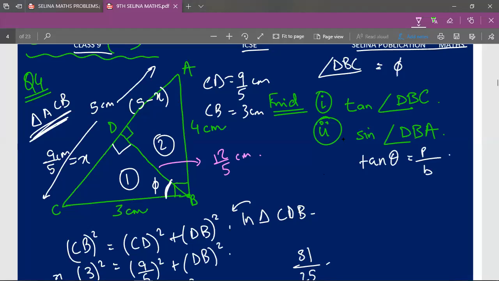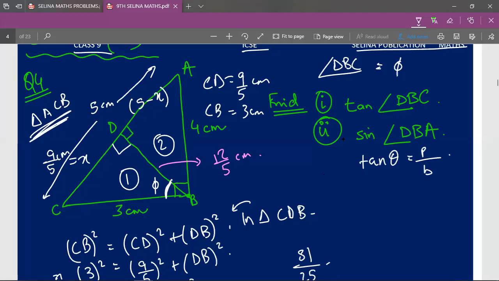So there's no difference if you apply the Pythagoras theorem in triangle CDB or in triangle ADB to find the base, because the base is the common side in both of these parts of the same triangle, that is ABC. So you could apply the Pythagoras theorem in any one of those triangles. I've chosen DBC, but you could choose ADB, and by solving Pythagoras theorem in ADB also, you could solve the base.